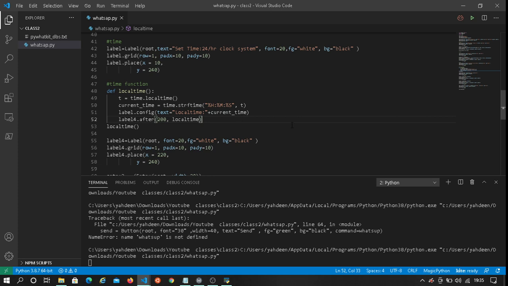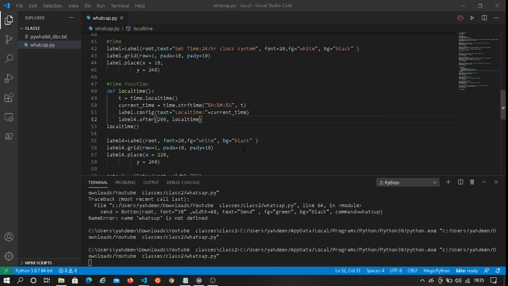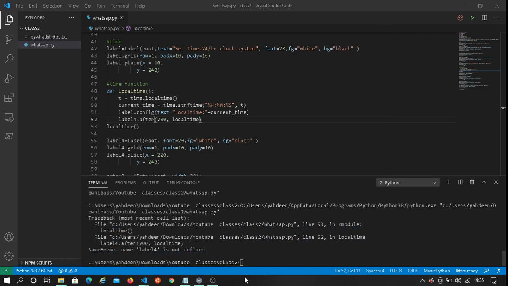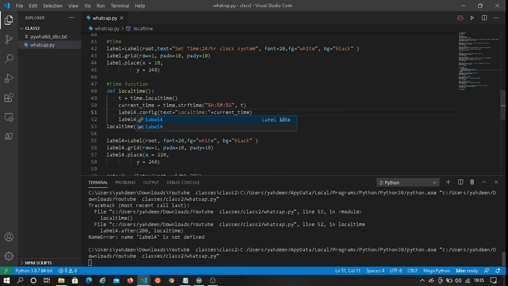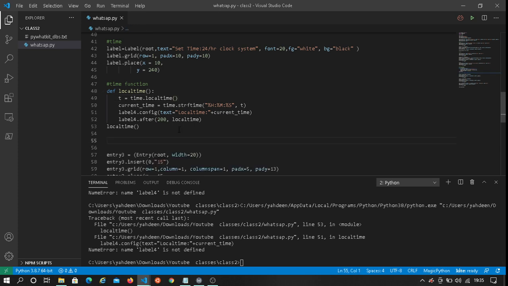I've been having a lot of typos in this code. So let's run and see. This is the function that will show us the clock and the time. Label 4 not defined, so label 4.config. So let's run that again and see. Label 4 not defined. Oh, this must be happy. Tkinter is very sensitive.